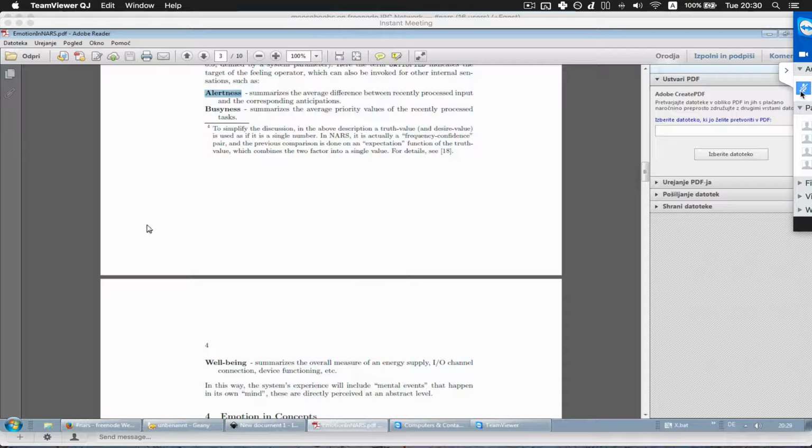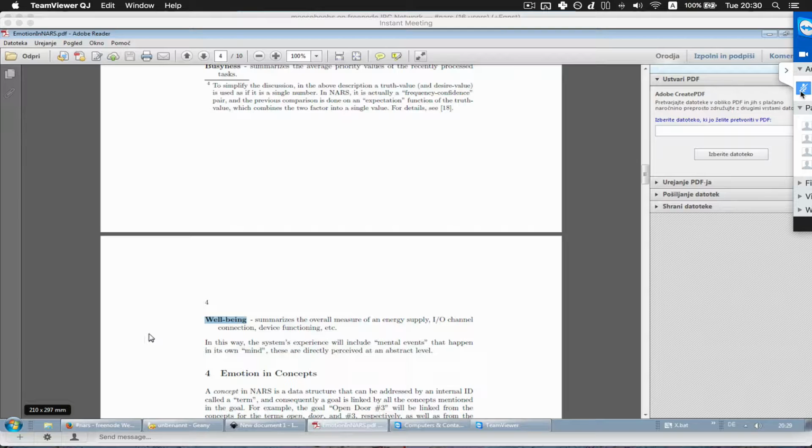And then there's the well-being. This is, for example, if it's in a robot, the physical health of the robot or the battery status. And this can be used, for example, if the system has a high